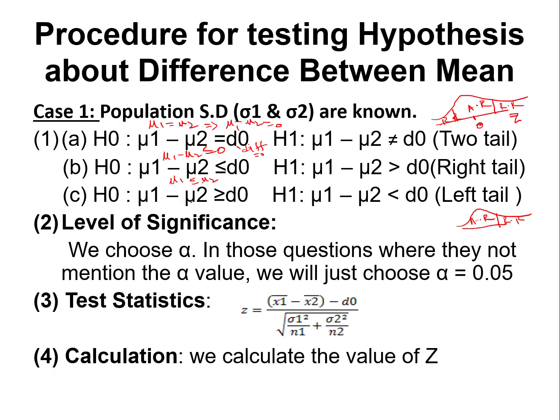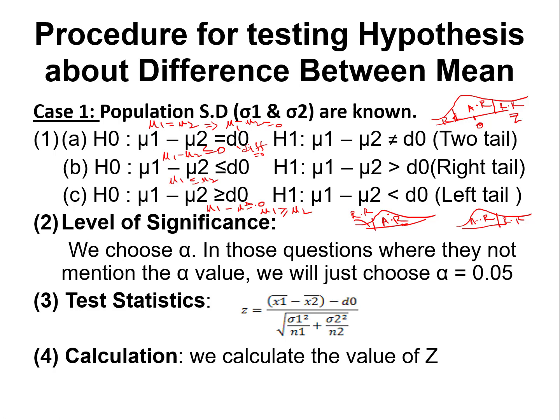Similarly, if the null hypothesis is that the difference mu1 minus mu2 is greater than or equal to 0, you can also write mu1 is greater than or equal to mu2. The alternative will be the opposite sign, less than, and this will basically be a left-tailed test. If you sketch it, this will be the left-tailed test. This part will be the rejected region. We will use the p-value in order to check whether the null hypothesis is accepted or the alternative hypothesis is accepted. So this is the first step.